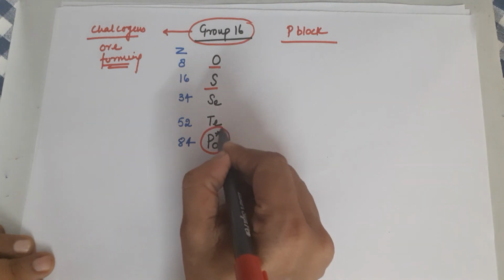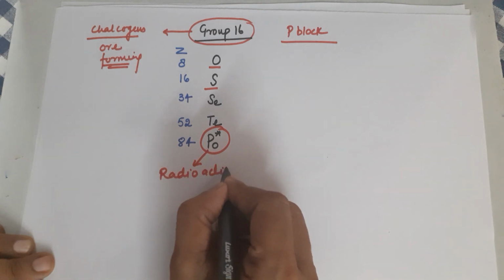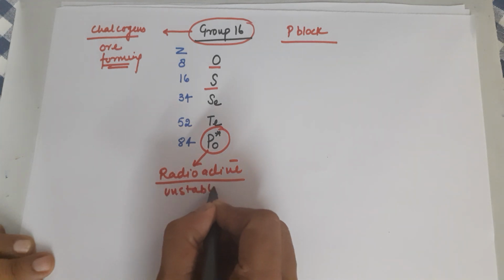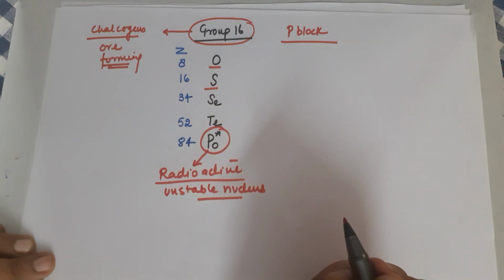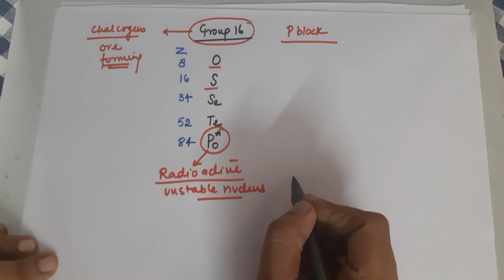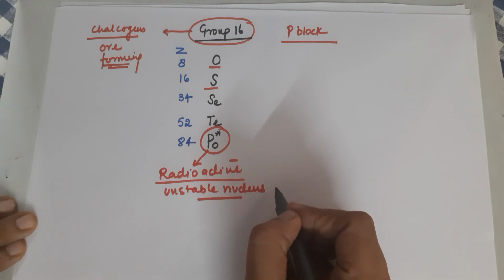Now this polonium we will not study chemically because it is radioactive, which means it has an unstable nucleus. Which means the nucleus breaks. If the nucleus breaks, then the identity of the element is lost because the number of protons will change. All elements in chemistry have an identity on the basis of their atomic number, that is the number of protons. Now if the number of protons changes, then the identity changes. So we will not be talking much about polonium's chemical properties.